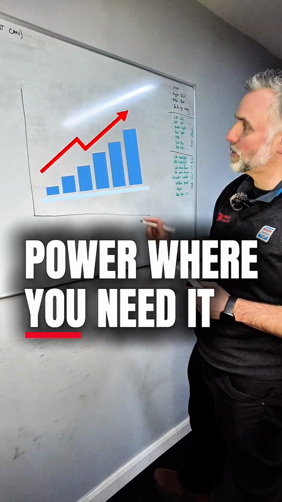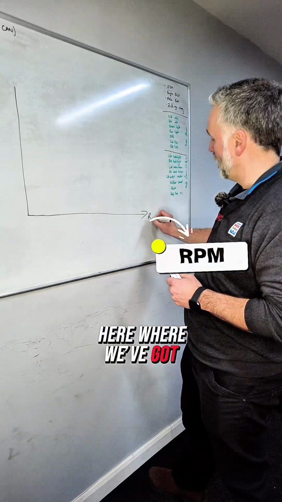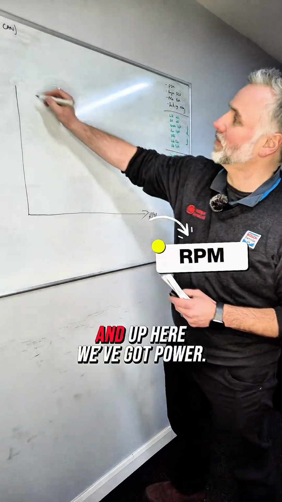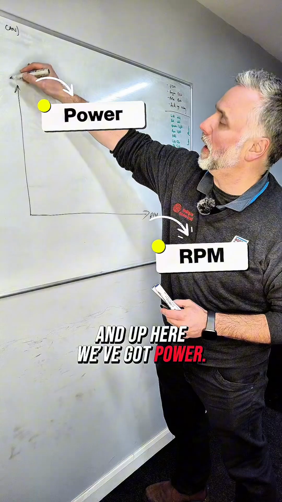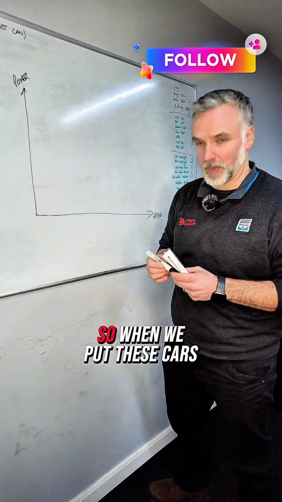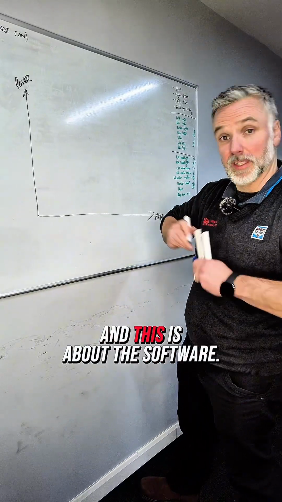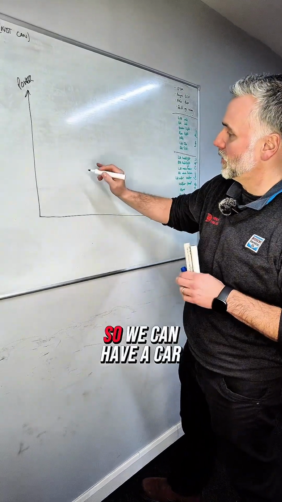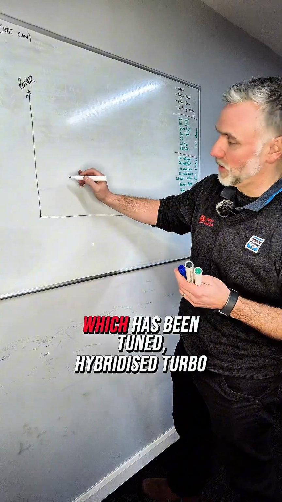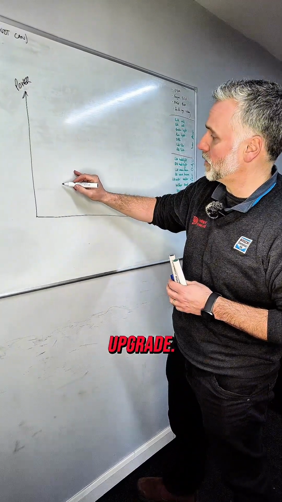Okay, so here we go. This is my little school teacher bit. We've got a little line graph here where we've got RPM, and up here we've got power. So when we put these cars together, there's lots of ways we can develop power, and this is about the software. So we can have a car which has been tuned, hybridized turbo or any other kind of performance upgrade,